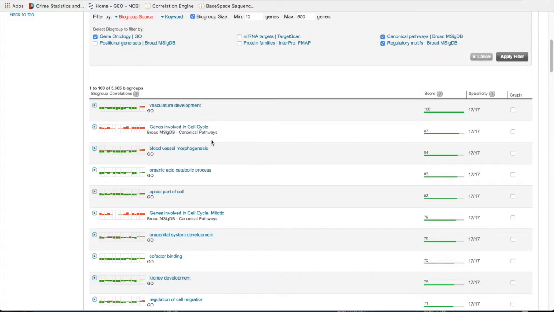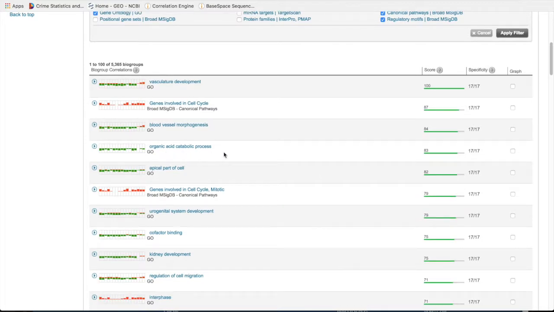Again, we're looking at cancer. Genes involved in cell cycle seem to be, for the vast majority, going up, which makes sense. We have organic acid catabolic processes. I mentioned that with type 2, you typically see a mutation, or sometimes frequently see a mutation, in fumarate hydratase. This is a metabolic gene. So maybe this is an example of that metabolic shift that occurs in some types of cancers. It's called the Warburg effect, where it's shifting its glycolysis to produce more ATP to promote more cell growth. Apical part of the cell, genes involved with cell